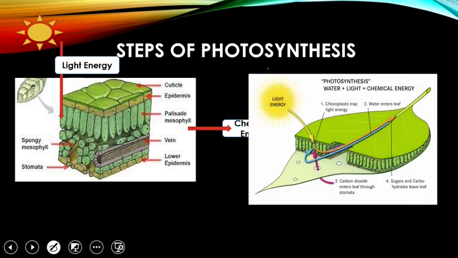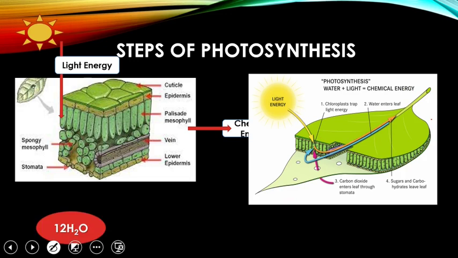Again, look at this beautiful picture. Solar energy, upper epidermis. Look at the lower epidermis. Look at these holes. These are called stomata. Carbon dioxide is entering through the stomata. Solar energy is taken by the mesophyll cells in the chloroplast. Inside the chloroplast, there are thylakoids. The wall of the thylakoid has chlorophyll pigment and it has a lumen having water. Water is brought by the conducting tissues, the xylem, and then food is prepared, and the food will then be carried to all the parts of the plant via phloem vascular bundles.